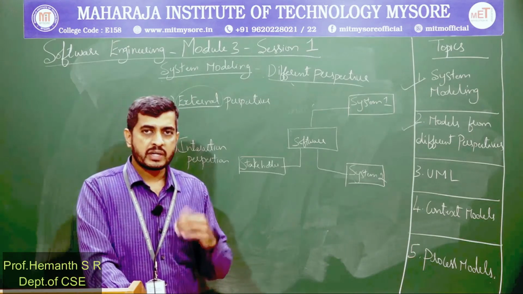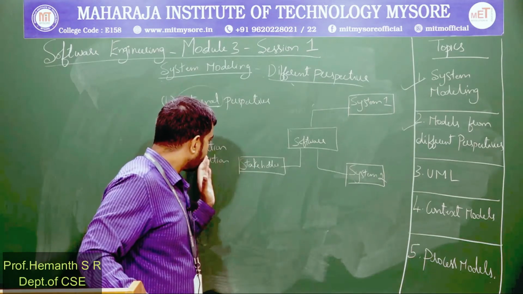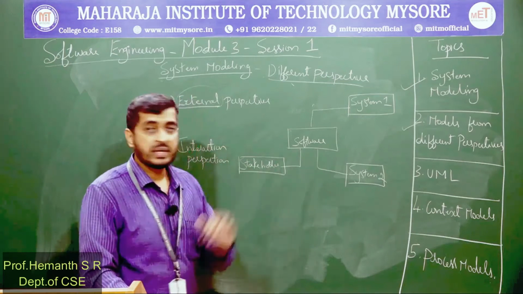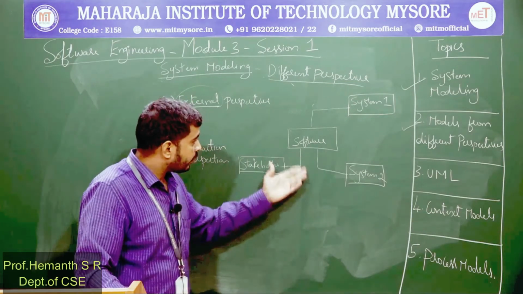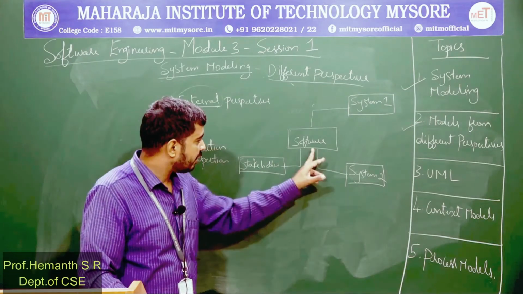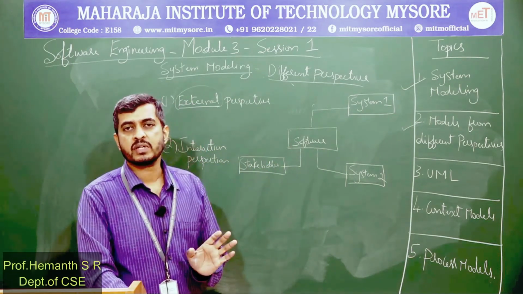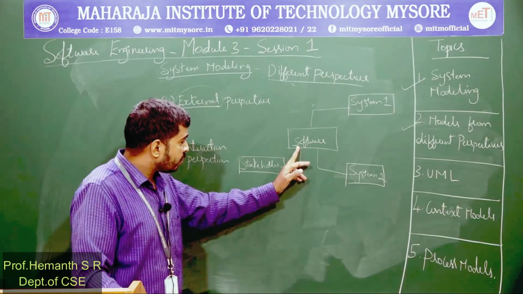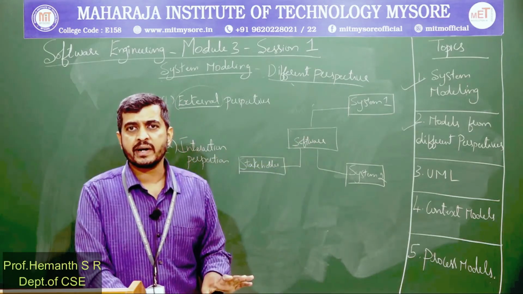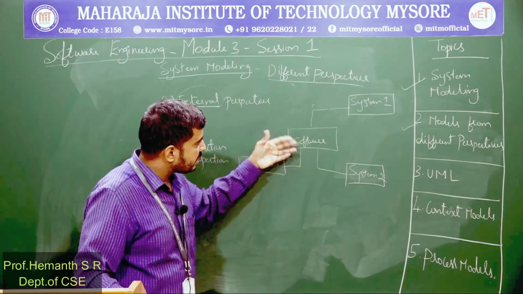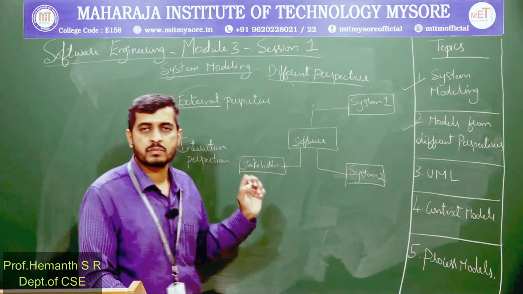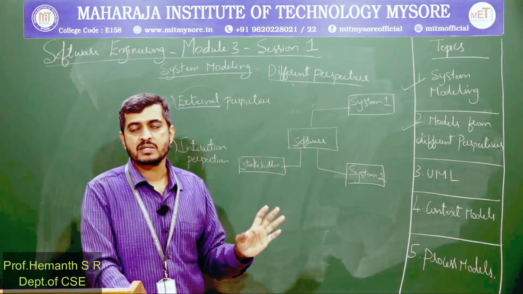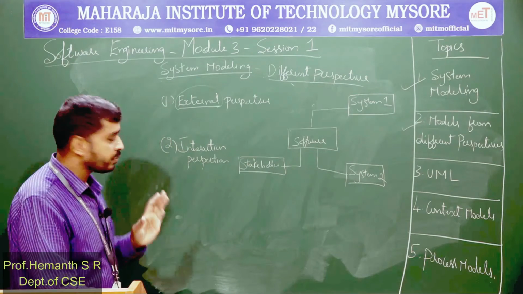If you want to present your design plans by showing how exactly the interaction is happening between the system, its environment, and even between the components within the software. We have the software, there are various components inside the software, and there are various systems outside the software. How the different components inside the software are interacting, and how our software is interacting with the outside systems and external environment, all those plans will be depicted in the interaction perspective.